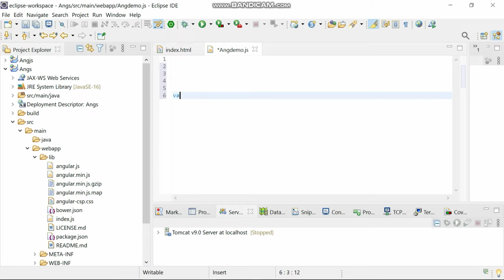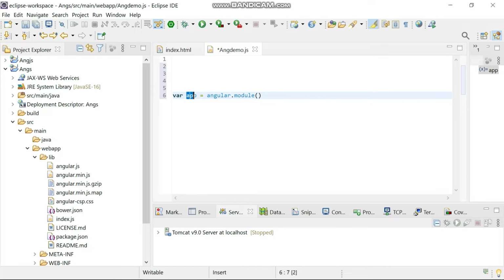So let me write var app equal angular dot module. This is used to create a variable.